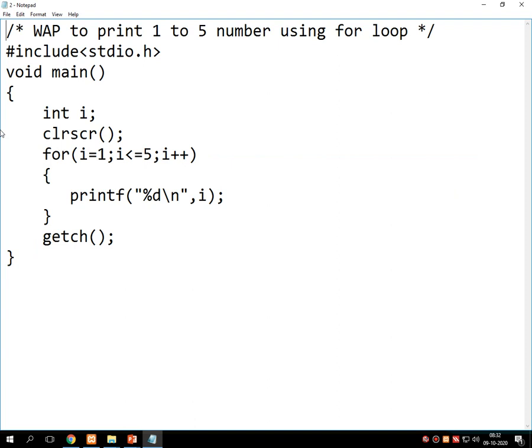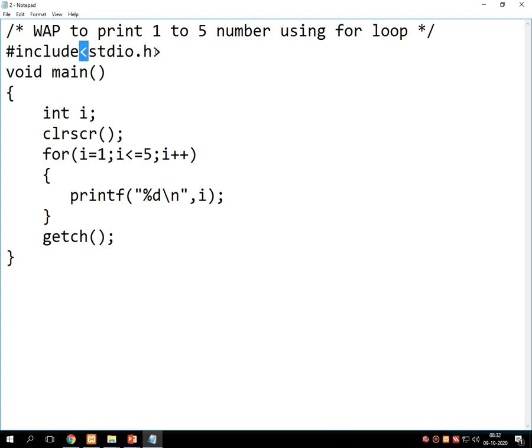That's it. The first line of code is hash include stdio.h, where hash is a preprocessor directive, include is to call the library.